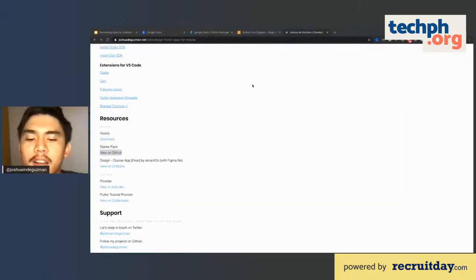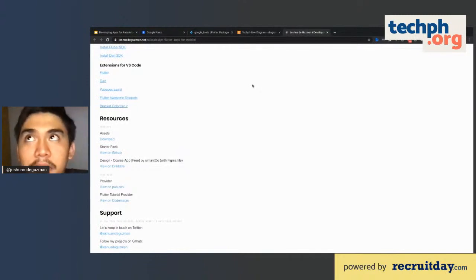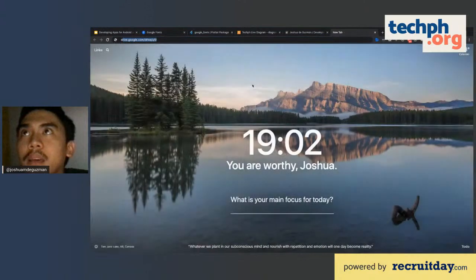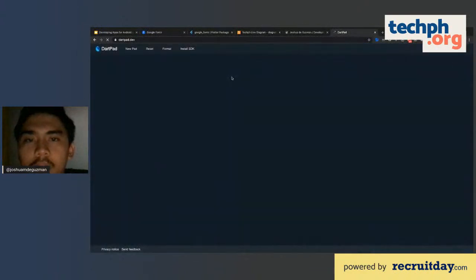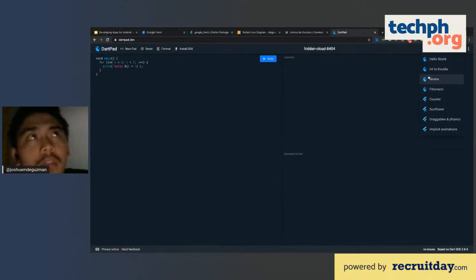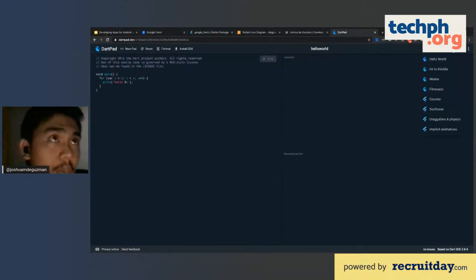Okay, the good thing here is even though if we have technical difficulty on checking out the base application, we have dartpad.dev. So dartpad.dev is a very cool online IDE, a very lightweight IDE, which is capable of running a Flutter app.